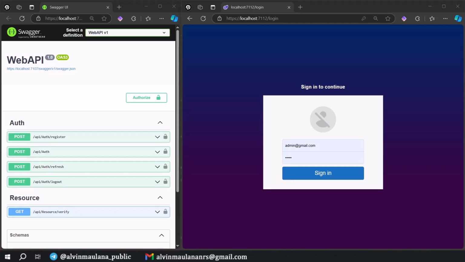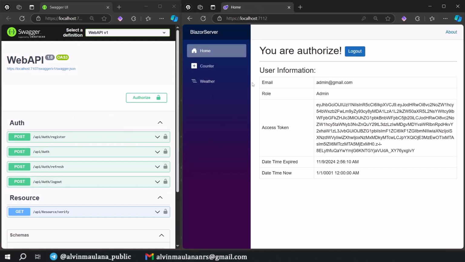And finally, we are on the last part of this series. We already created our API for authentication, and then we already have a simple login page to consume our API. And now what we are going to do in this final part is implement the logout function and then implement the refresh token feature. So first, let's start with doing the logout first.